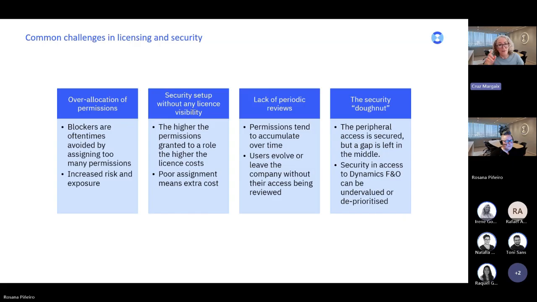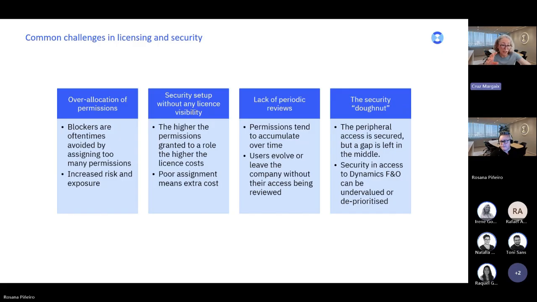However, very rarely these permissions are reviewed. So we see that users leave a company or users change roles, but they still keep the roles they were assigned, or they have been assigned all the time.